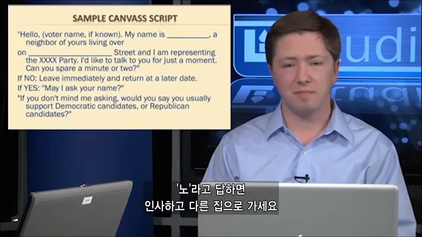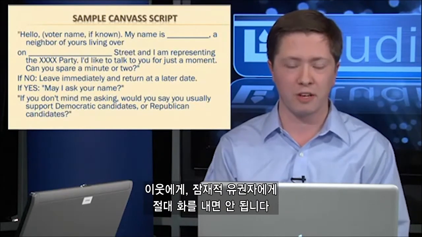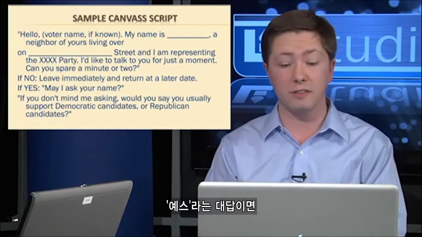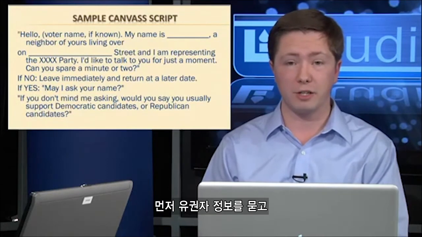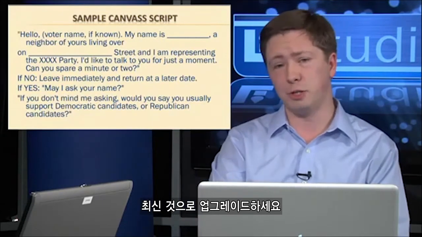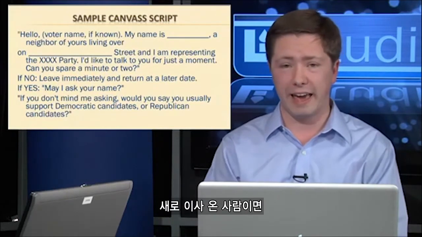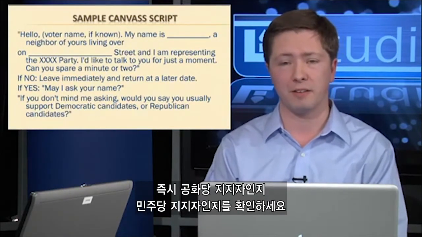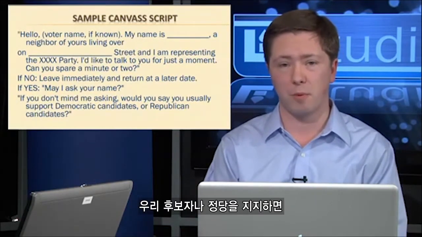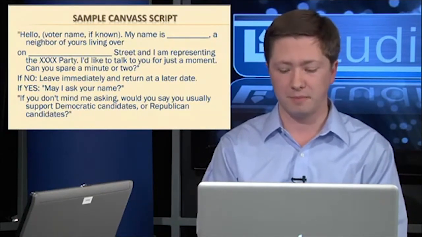If no, leave them alone. Walk away. You don't want to anger your neighbors. You don't want to anger potential voters. If you identify them as a no, just leave them alone. If they say yes, though, make sure the information is up to date. If I see John Smith on my voter list, but it's Mary Sue Johansson at the door, obviously John Smith has moved and that is outdated. So I would immediately ask if she is a Republican or Democrat, depending upon the type of campaign I was working for. And if she supported my candidate or my political party, I would immediately try to register her to vote. So you make sure that information is up to date.